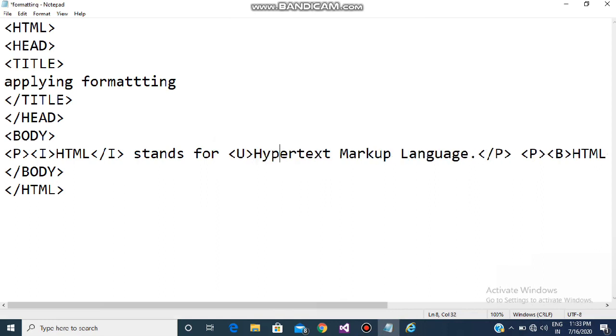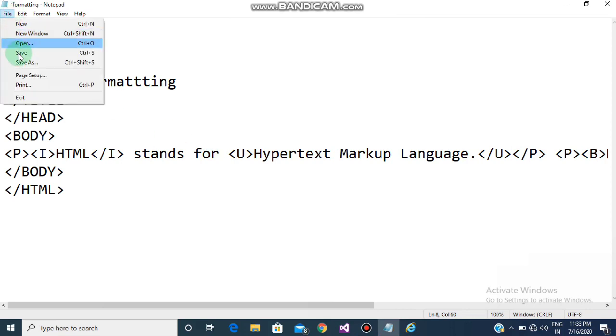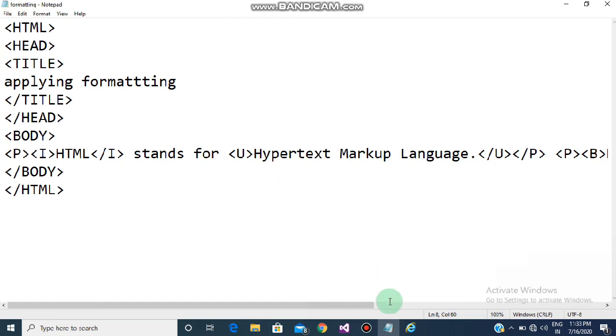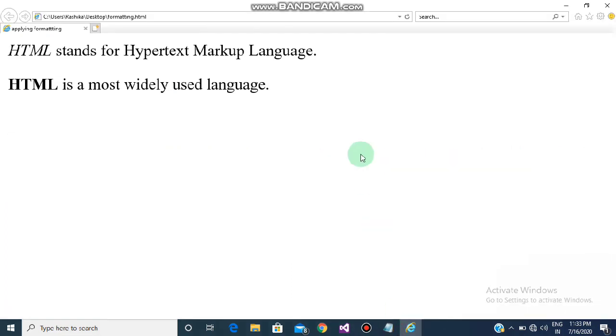I've opened it. Now I want this whole sentence, up to here, to be U. So I close it now. If I do not close it, then the entire line will be underlined or there will be some errors. You can try out these experiments on your own. So this is done. Now I'm going to save my file. Now again, I'll come back to my browser window. I'm going to reload my page, and you can see the text is now underlined. So this is the way we can use formatting.